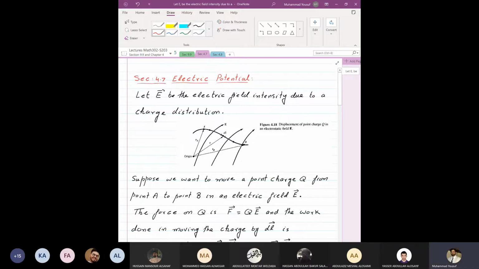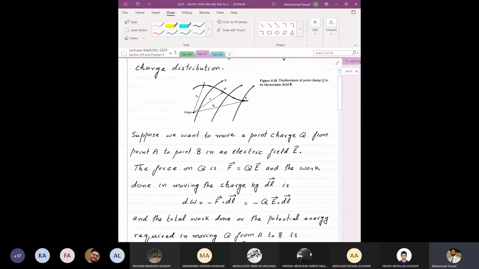Let E be the electric field intensity, or simply the electric field, due to a charge distribution. When there are some charges placed at some points, because of these charges there will be an electric field. So let E be the electric field of the charge distribution. Now in this field, if we want to move a point charge Q from point A to point B,